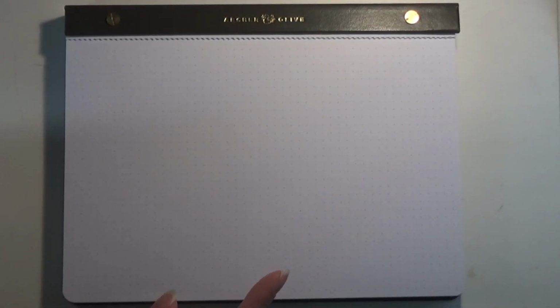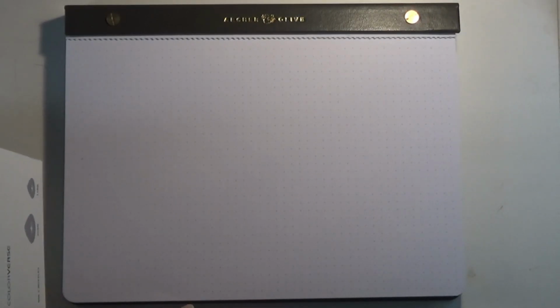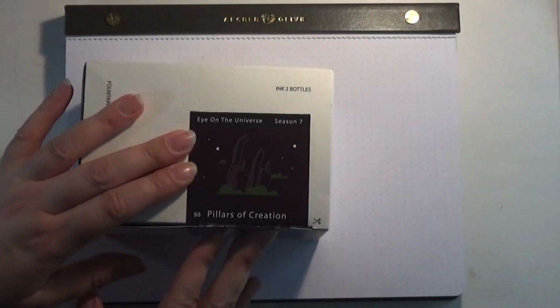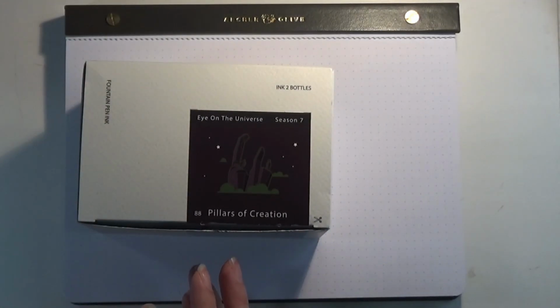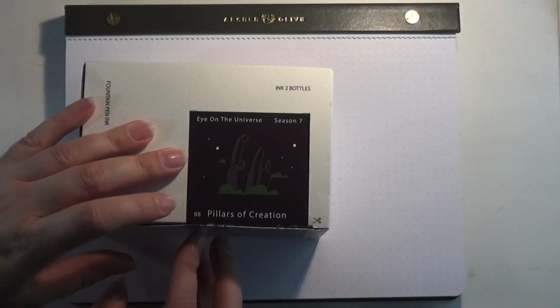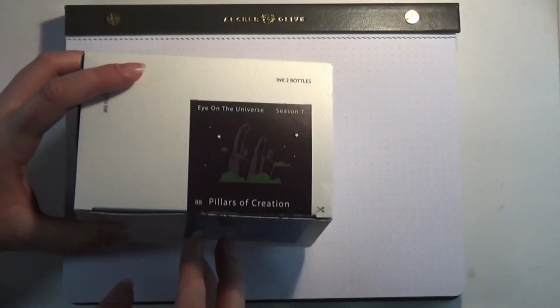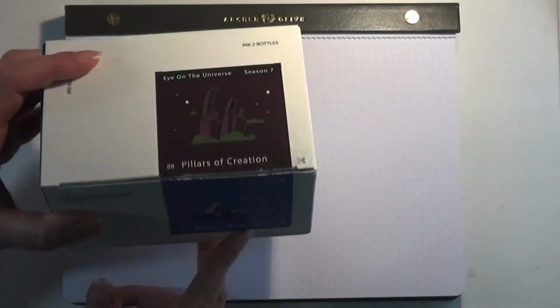If you've been here a while, you'll know that I am a fan of fountain pens and fountain pen inks and all of that jazz. And I finally managed to get my hands on the Eye on the Universe Season 7 fountain pen inks. So I personally was desperate to get hold of the Pillars of Creation and Mystic Mountain double